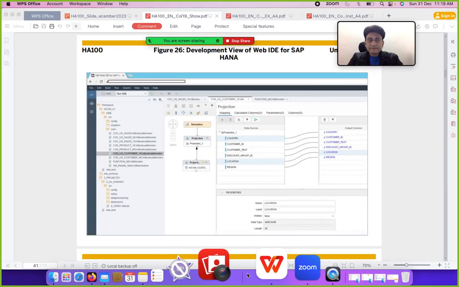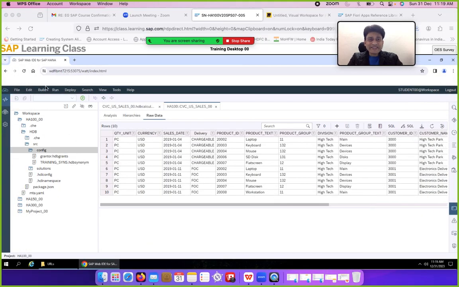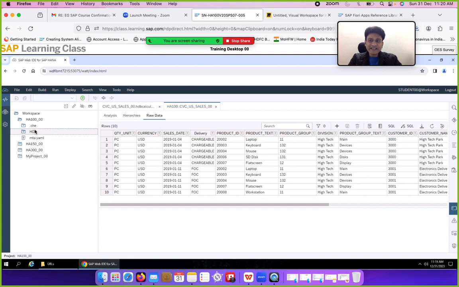Which language should I use? Different languages for different purposes. Here you can use HTML5, Python. It will depend on which module you have created. Like here, you have HDB. HDB means HANA database. For HANA database, you are using SQL script. Suppose I want to create